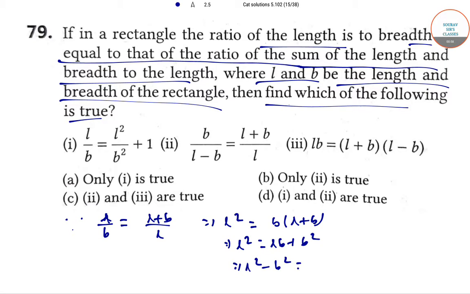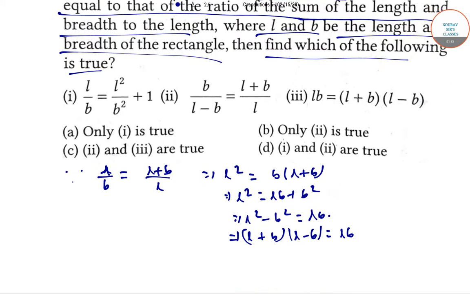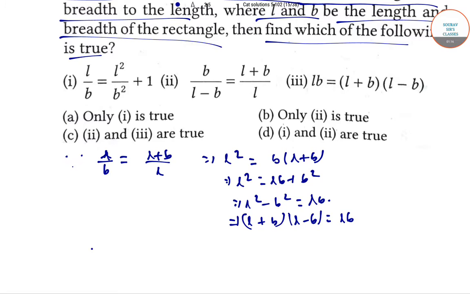or L squared minus B squared is equal to LB, or L plus B into L minus B is equal to LB, and L plus B by L is equal to B by L minus B. Therefore, we get statements 2 and 3 to be true from these equations,